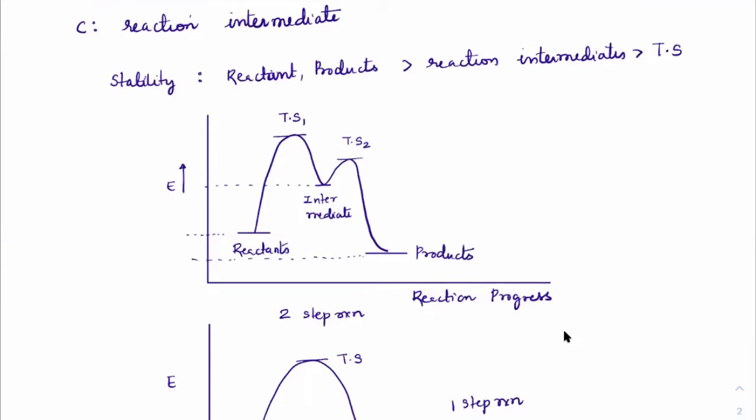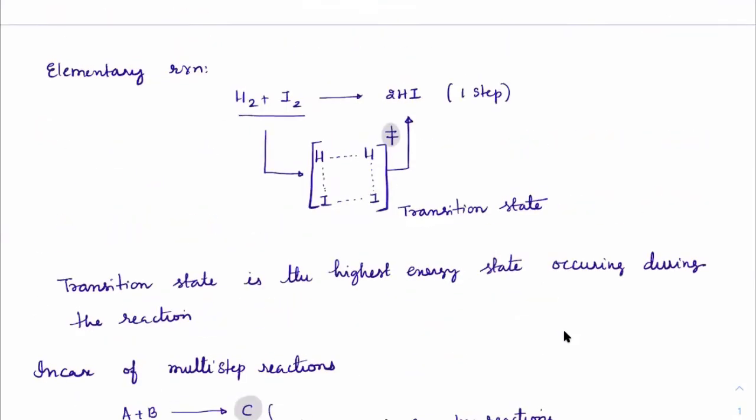Why is the transition state a more energetic state? The transition state is that state where bond breaking and making are happening. Like in this case, you can see you're breaking the bond between hydrogen and hydrogen. See, bond formation will always bring stability, or no? Correct? So this is the area where everything is in a broken state. Nothing has been made. Clear, beta? So all the species are broken into fragmented pieces. So that should be the least stable state of that molecule, which means it is carrying the highest energy.